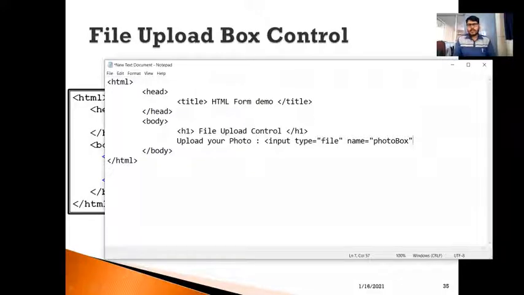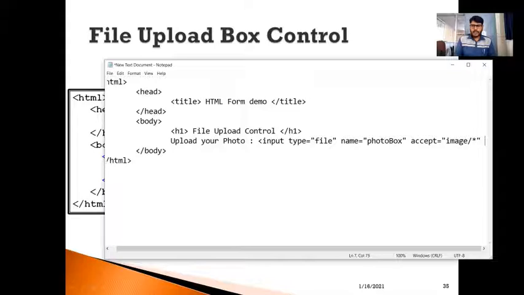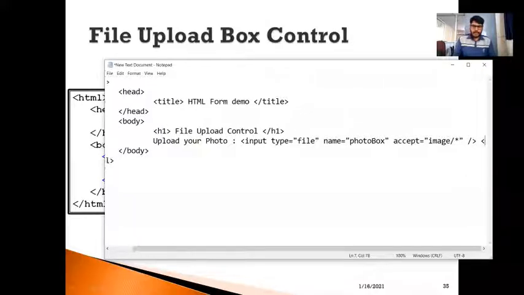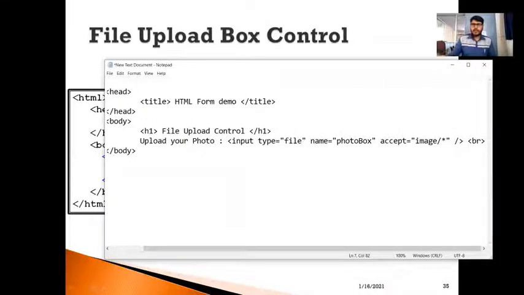You can specify anything as the name, but the name should be relevant to the control box. After this, I'm going to specify the accept attribute, so that I can highlight image slash star, so that it will accept image kinds of files. Here I'm going to end the input tag, and after this I'm going to use a break tag so that it will break the line.